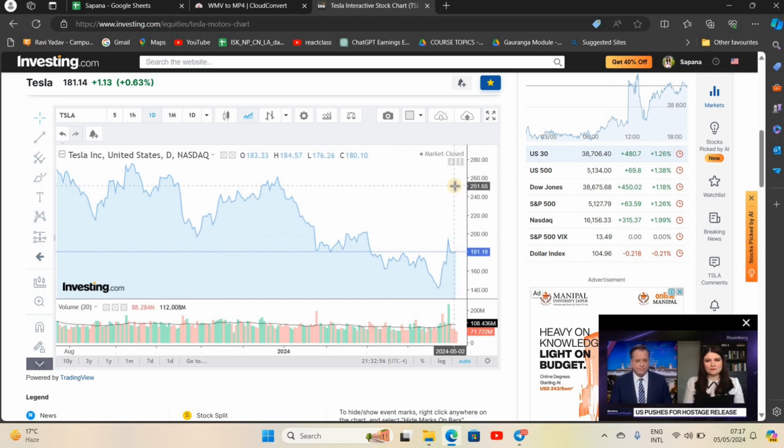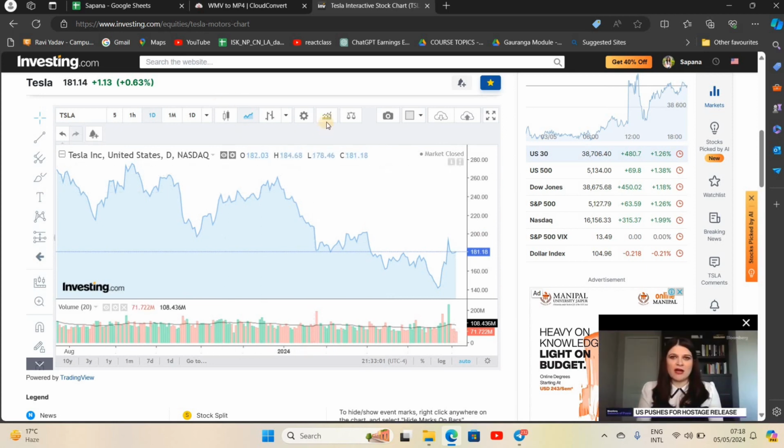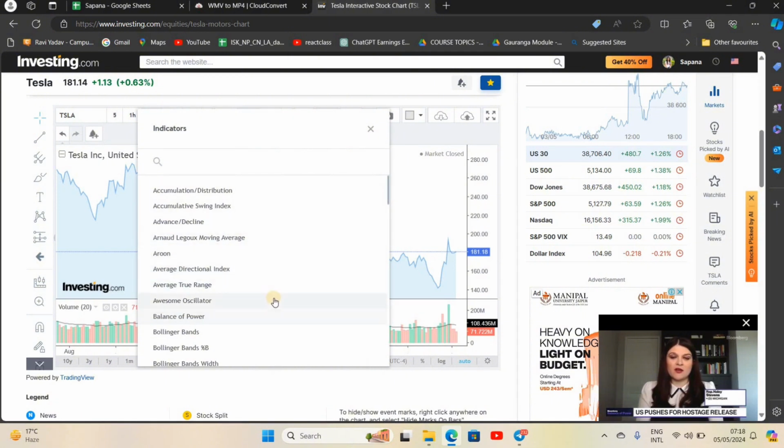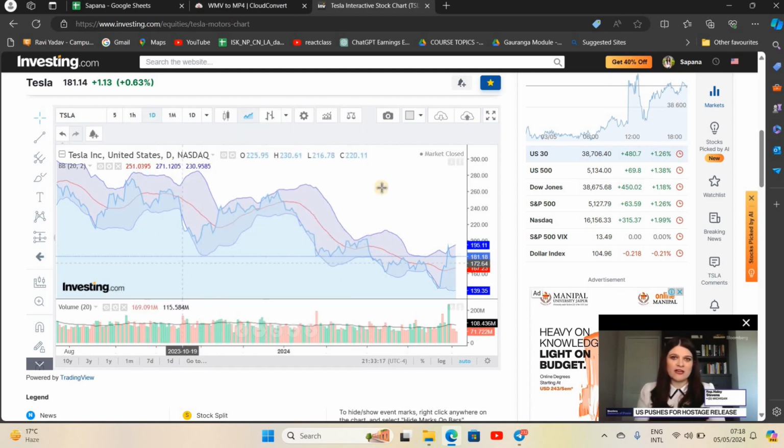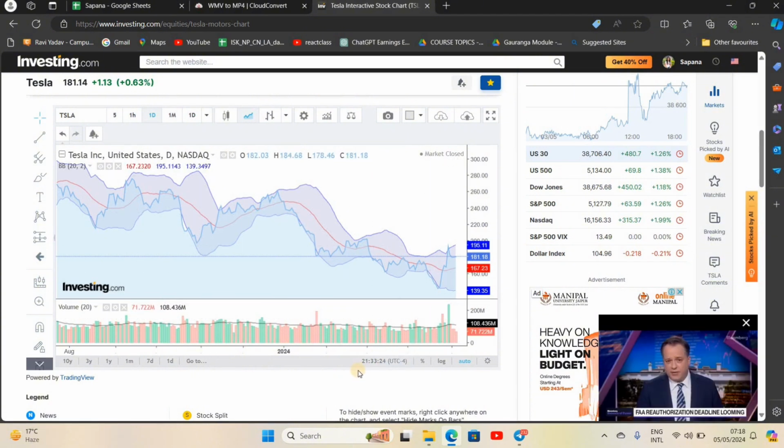Now let's go to the indicators at the topmost. So here it is, tap on it in order to customize your charts. You can choose any of these. Let me choose one of them. And then tap on the crossbar. So here you can see the changes on the charts. So in this way you can customize charts on investing.com and you can see the rise and fall of the